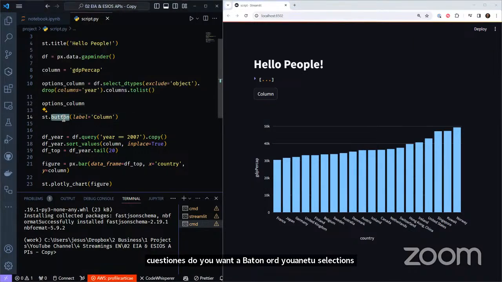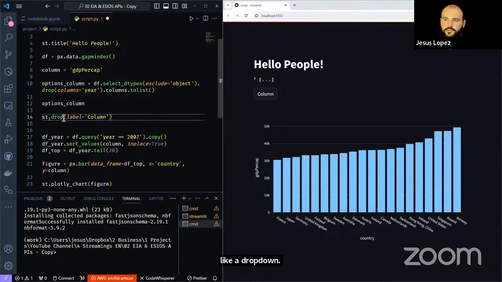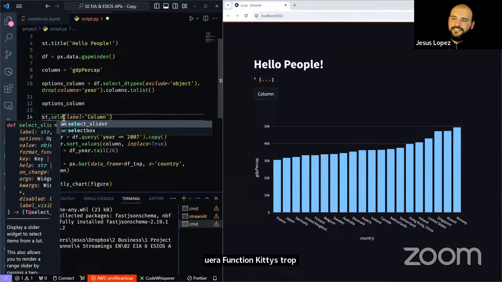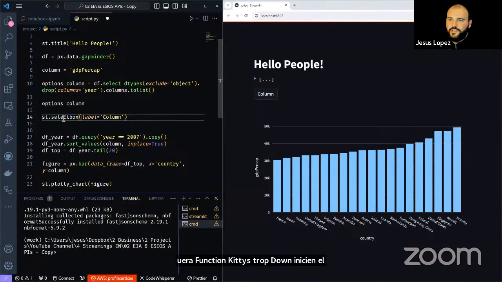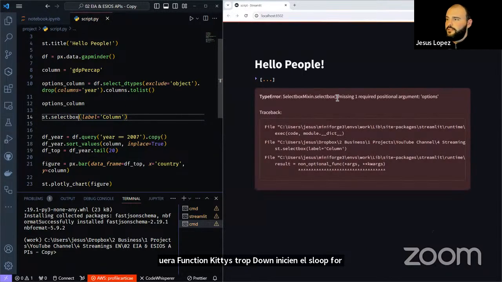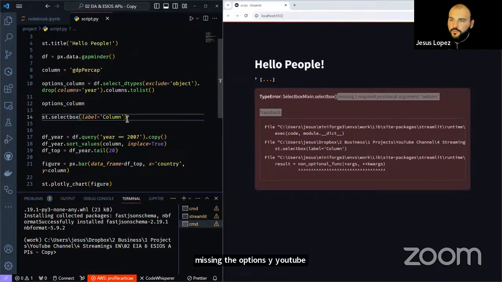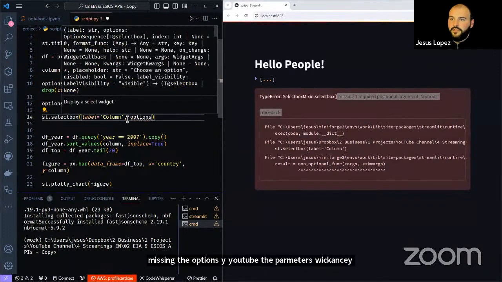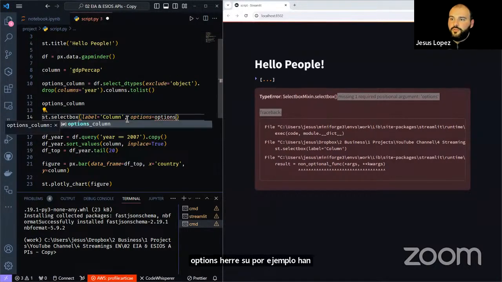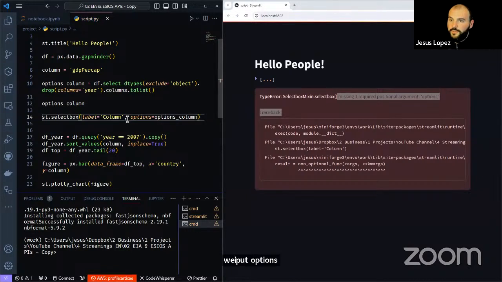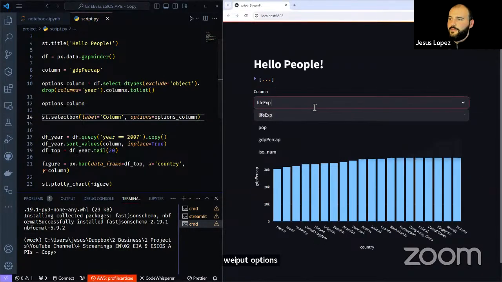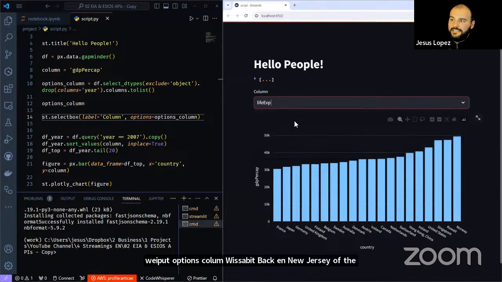A drop down. So let's look for a function. It is drop down. It isn't. Let's look for select box. There we go. We can save it. It's missing the options. If we go to the parameters, we can see options here. So we paste it. And then we put options column. We save it back. And now here I have the button that I can select some new column, but still